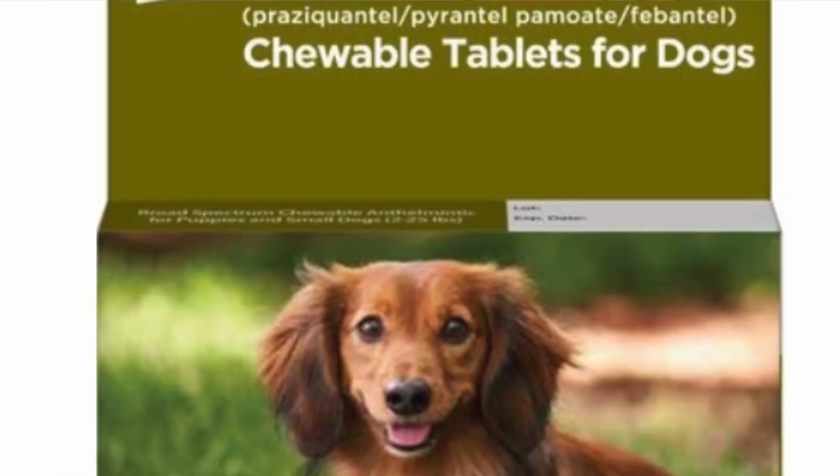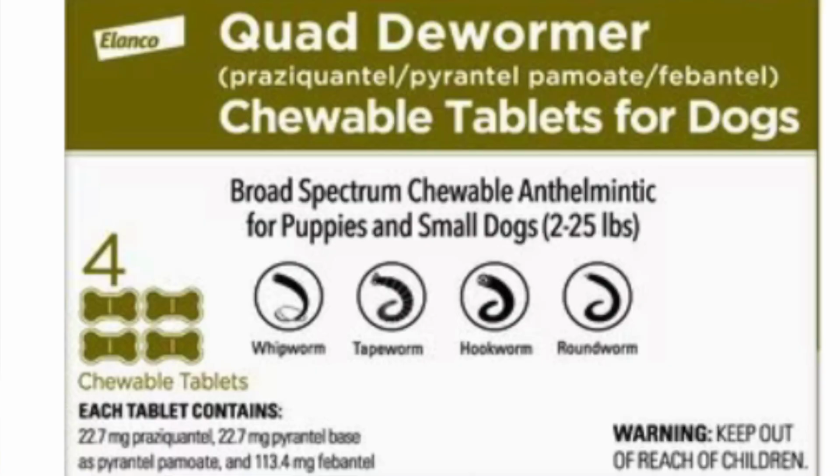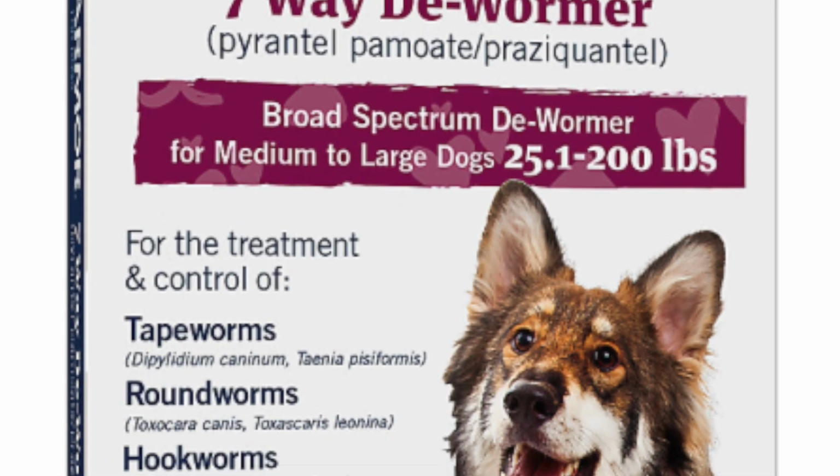Here we got, guys, 2 dewormers. The first one was one by Elanco, and it's a quad dewormer, and by quad you get the idea. It's going to treat 4 worms, and on there they have whips, tapes, hooks, and rounds, which is great. All of these are a major problem, and all of these should be addressed. These are the 4 most common worms I see on a daily basis at the veterinary hospital. This is good. So the other one that I wanted to touch upon was Pet Armor, and this one is 7-way dewormer,